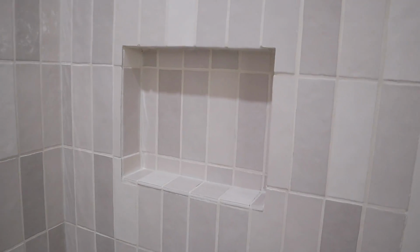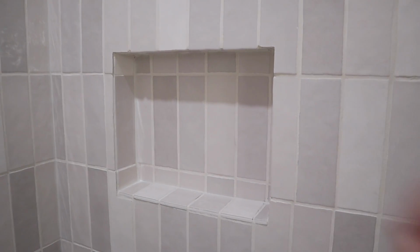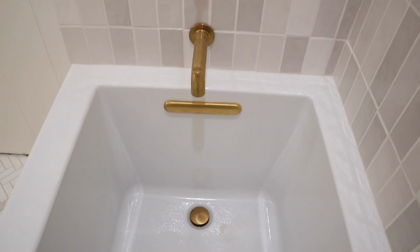Okay, the shower is good to go. We have both showered in this. We just need to hang our new curtain rod in here. It's going to be screwed into the tile. The niche also looks amazing. Christian has a few complaints about that, but overall he's really happy with how all of that's come about. He's also managed to fix the creaking in the tub. It feels super solid to stand in here now. So while we were able to fix that mistake our plumbers